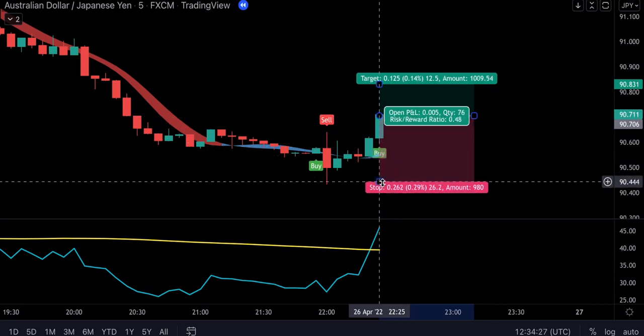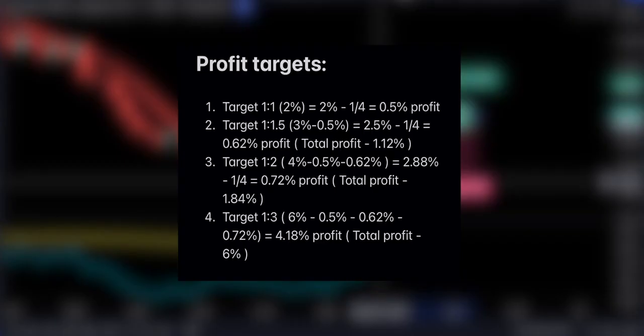And now listen carefully, this is a very important money management rule. So for this strategy, we're going to have 4 profit targets, and every time the price reaches our profit target, we're going to take a quarter of our position off. Our profit targets will be set at 1 to 1, 1 to 1.5, 1 to 2, and 1 to 3